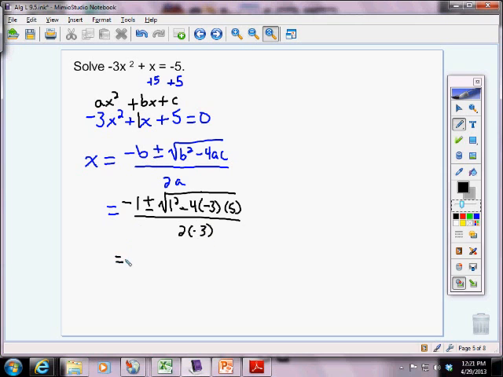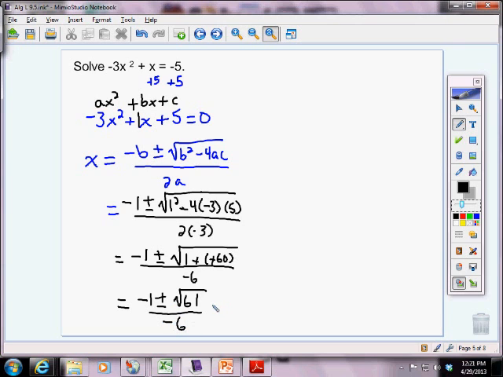So negative 1 plus or minus the square root of 1 squared, which is just 1, minus 4 times a negative 3 times 5 is a negative 60, all divided by 2 times a negative 3, which is a negative 6. So now we have negative 1 plus or minus, keep, change, the square root of 61 over a negative 6. Now in this case, ladies and gentlemen,